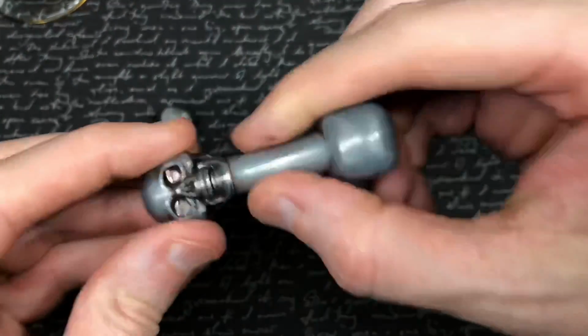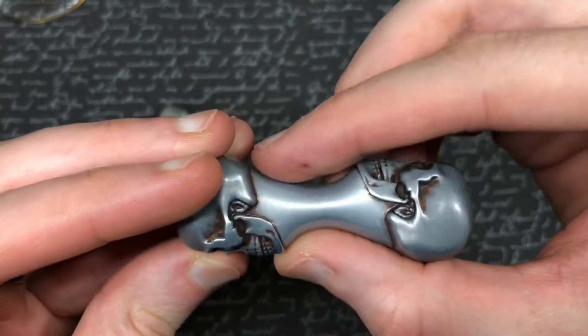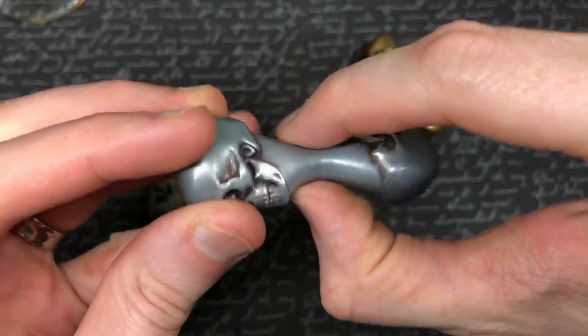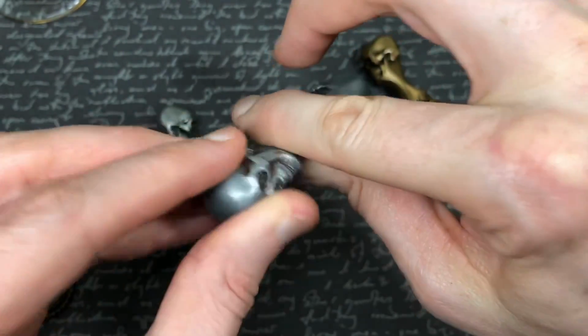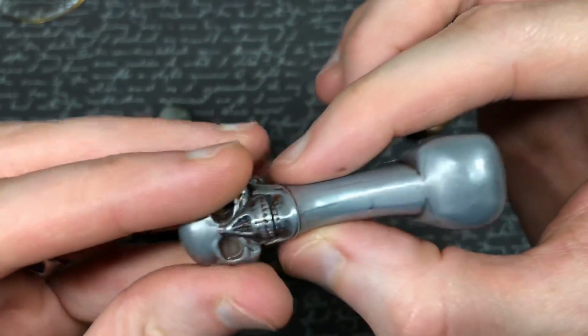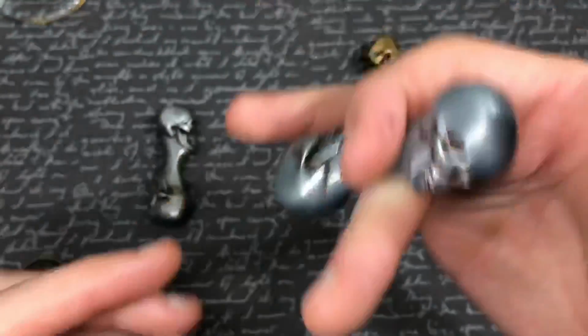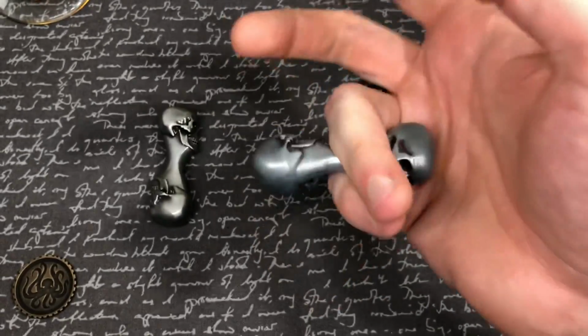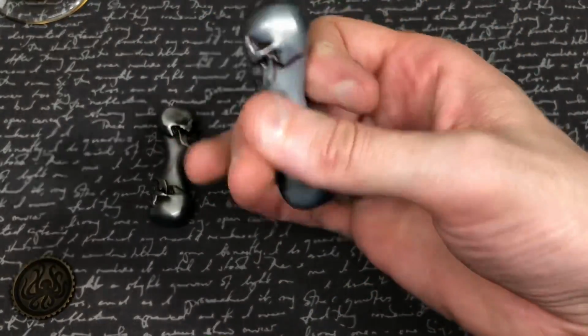I can't even do it. I think it definitely feels flatter, especially up in this portion here. It's definitely thicker. Once you get to the actual middle, it might be closer to... yeah, that might actually be close to a circle, but everywhere else it's definitely thicker. And the way the weight is on the skull, being wider there than there, it definitely throws it around that way, but it's a very nice